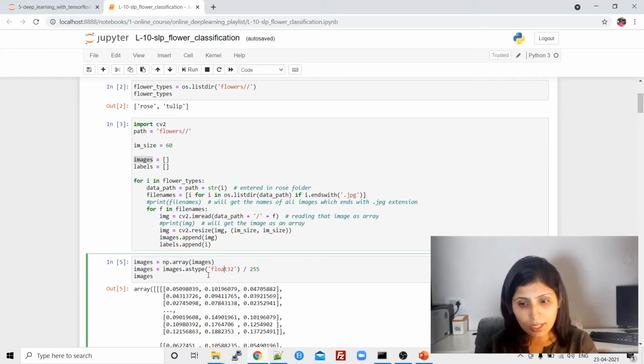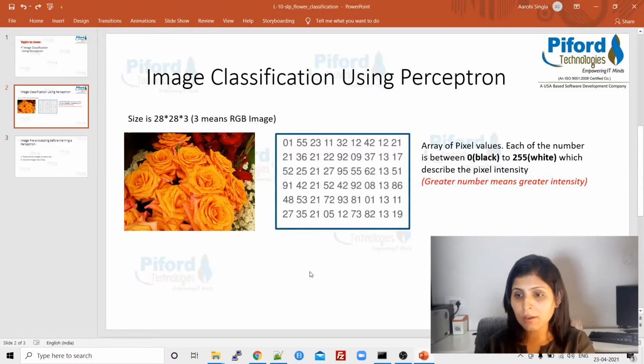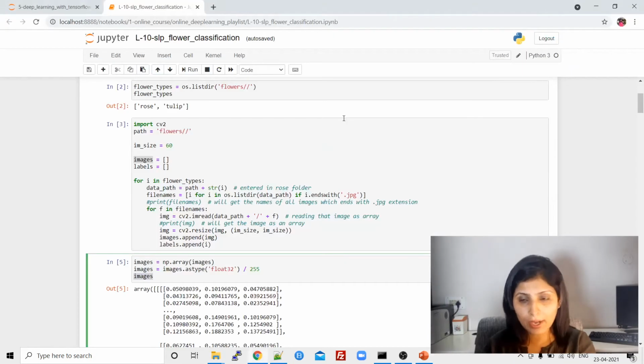And then in the next line, you can even skip this line. This line simply means I'm dividing all the array values by 255, just for mathematical simplification, right? We converted the images into arrays over here, and after that I'm printing the images. Now you can see we have different pixel values. So the computer will understand the image in the form of an array. Now our images are in the form of arrays, right?